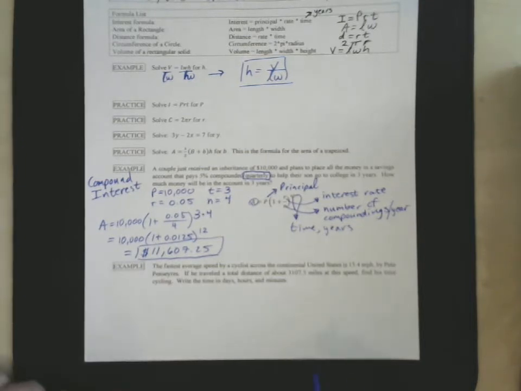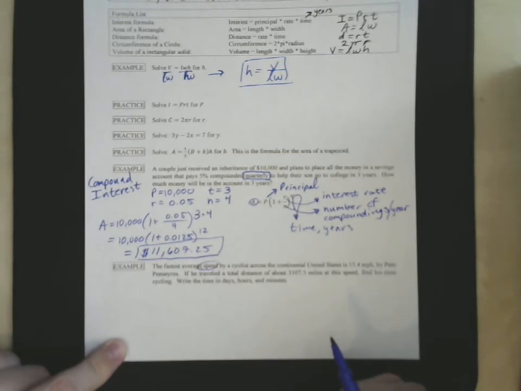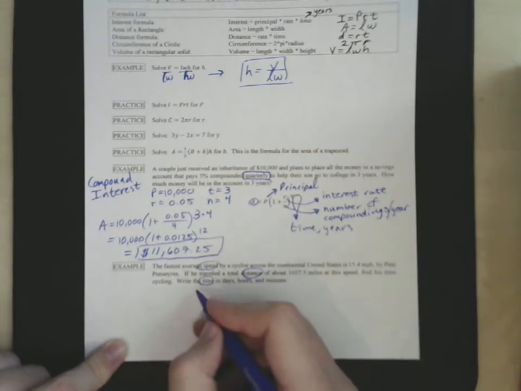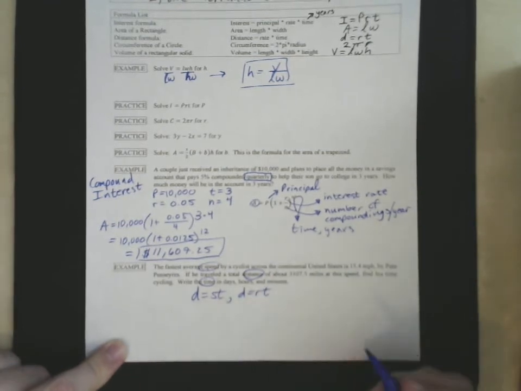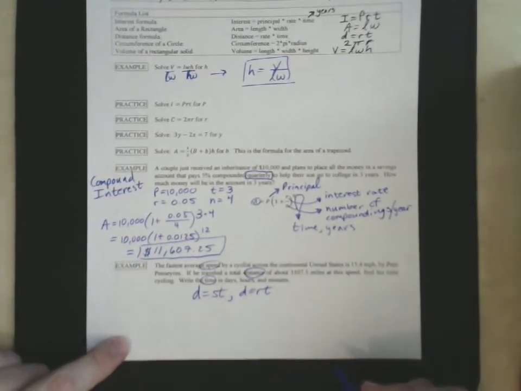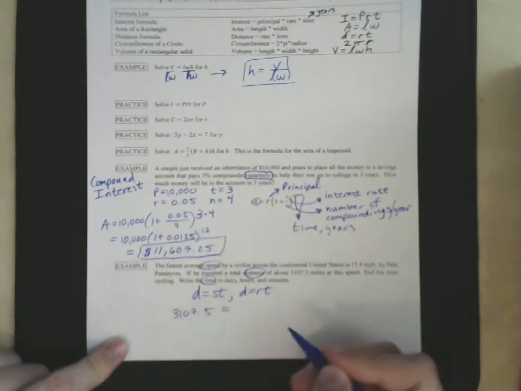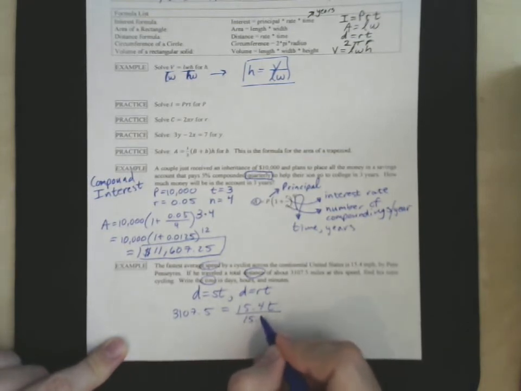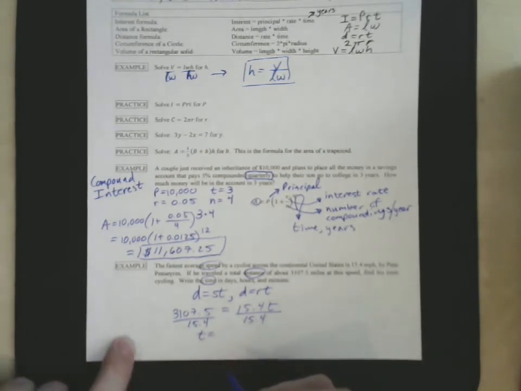So let's start with what formula we need. Well, we have a speed, we have a distance, we want time. So we're going to be using our distance formula. D equals ST or D equals RT. Sometimes called the dirt formula, sometimes called the dust formula. Rate is your speed. So our distance was 3,107.5. Our speed or our rate is 15.4, and our time is unknown. So we divide by 15.4, and we get T equals